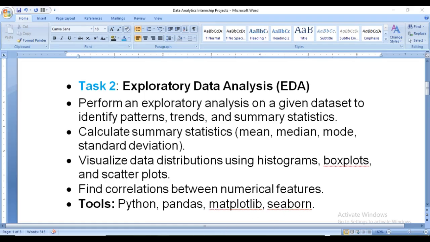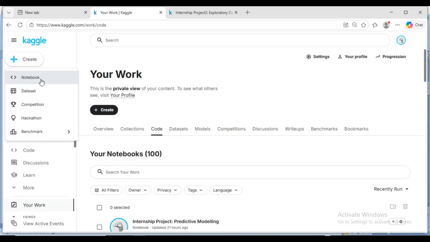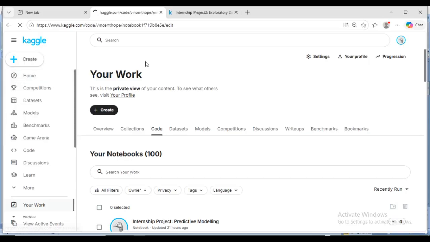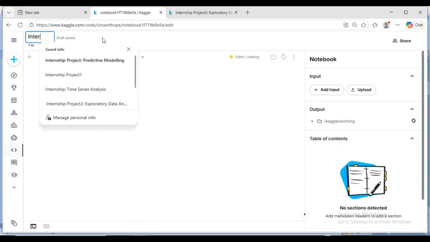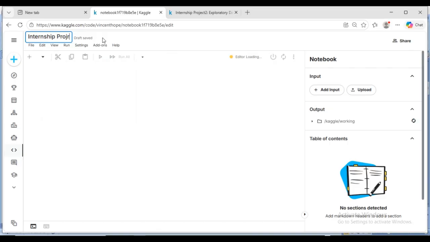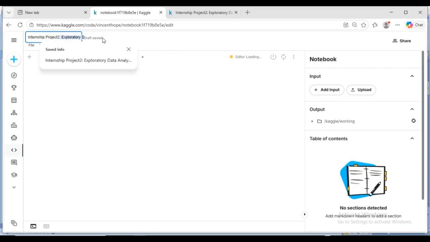So the first thing we do, as usual, is to create a notebook. So let's create a notebook. Create notebook. Click on it. Okay, so we come here and call it internship project 2. Then we call it